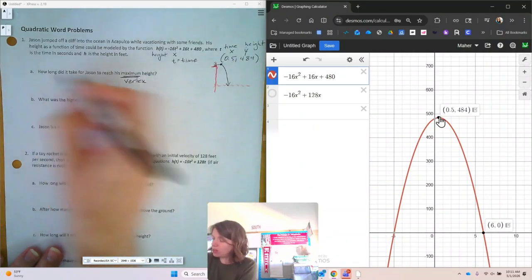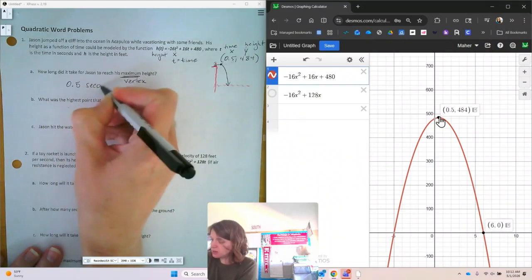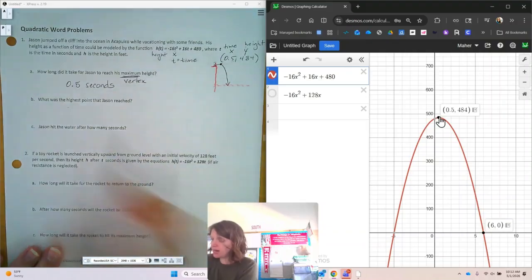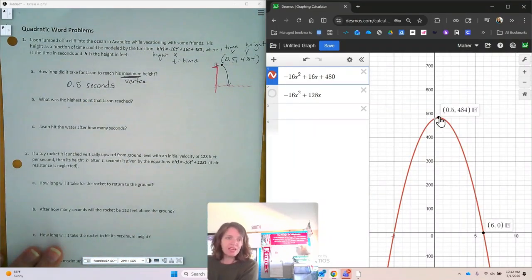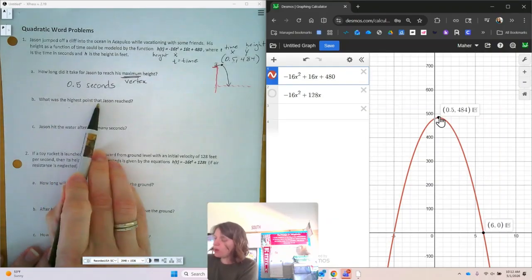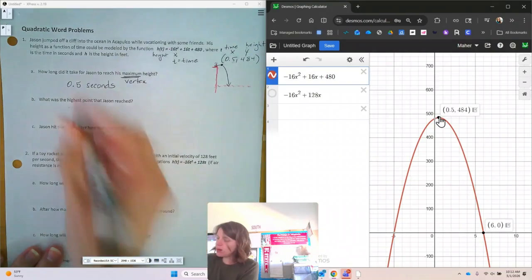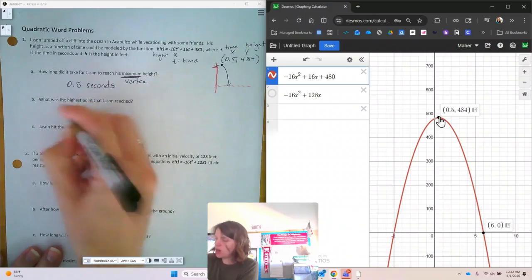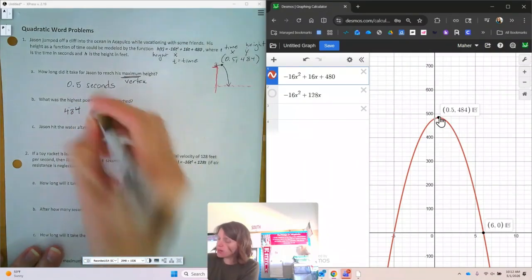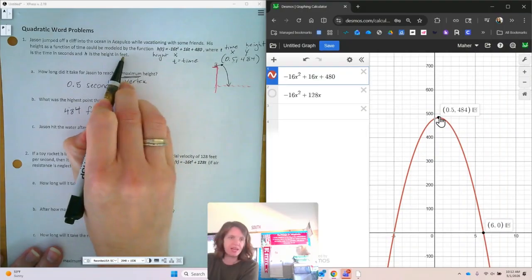So over here, how long did it take for him to get there? 0.5 seconds. We're talking about time in seconds. It tells you right here. So then looking at the second, it says, what was the highest point that Jason reached? Well, that's coming from the same point. So we are again using the y part to talk about the height. And so that 484, we just need to say that it represents feet because that is what it says in